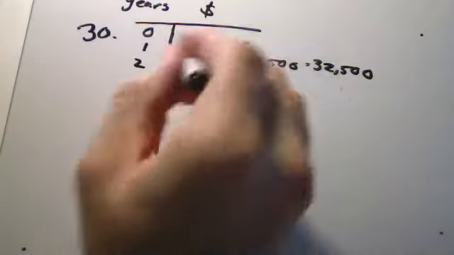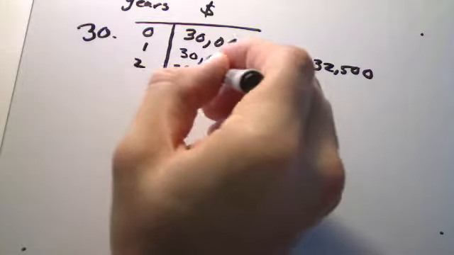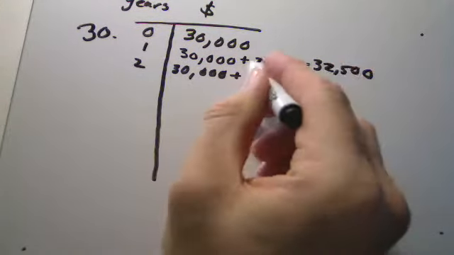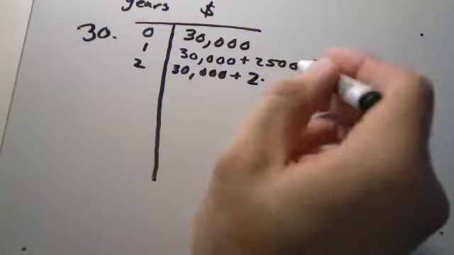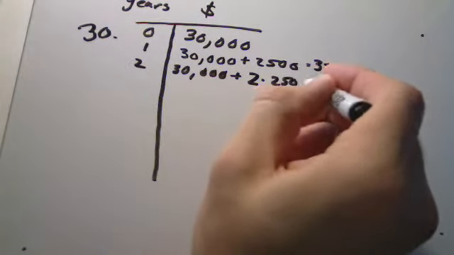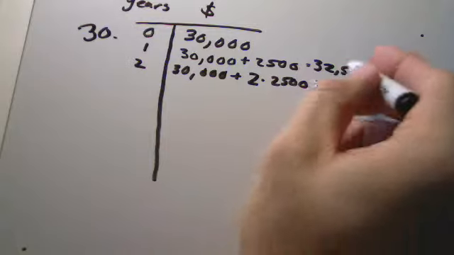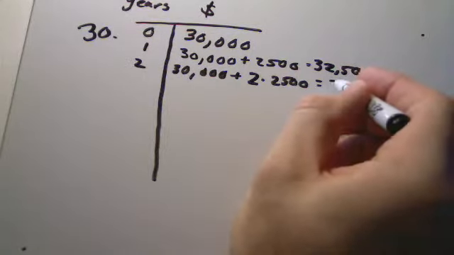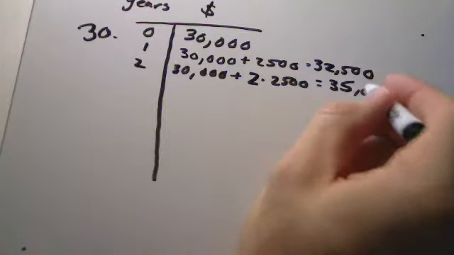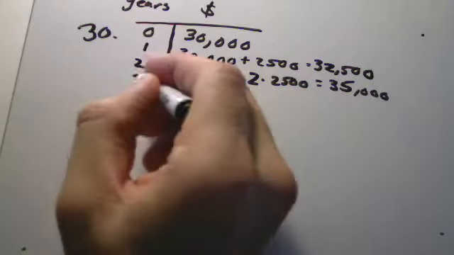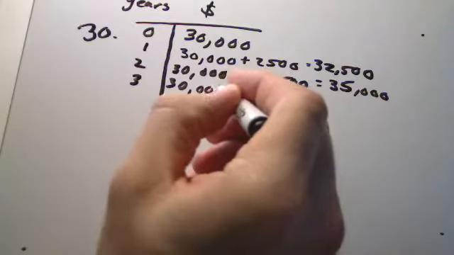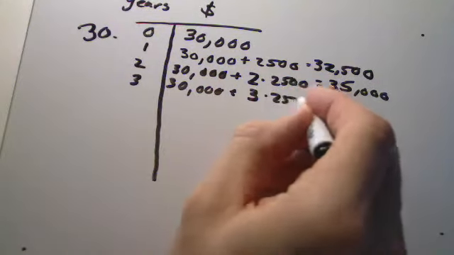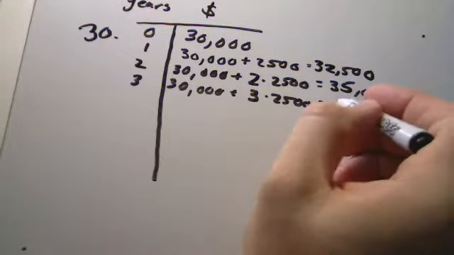The second year, I add another $2,500 to that, so I have two $2,500. So I add another 2,500, so I end up with $35,000. Third year, I have the third $2,500, and that would be